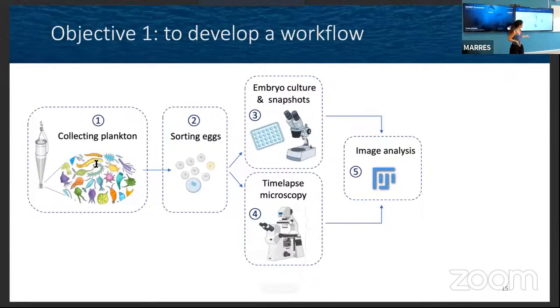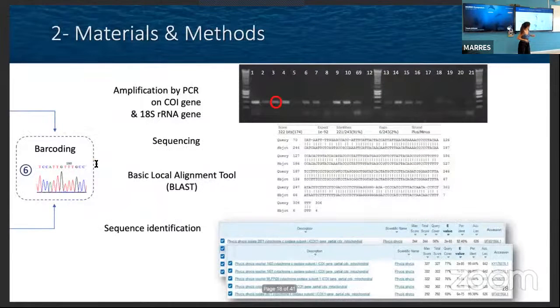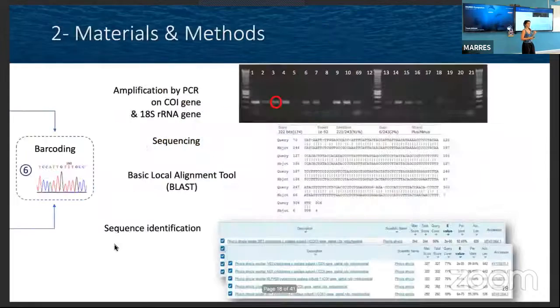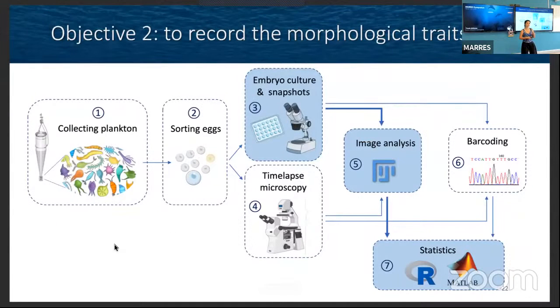So after all this image acquisition, of course, we need image analysis to extract the morphological traits. Yeah, but I don't want to detail it now because it's too long. And the DNA barcoding here to extract DNA sequences to know to which species each individual we have acquired was belonging. So again, I won't detail right now the barcoding because I really want to focus on the first result in terms of